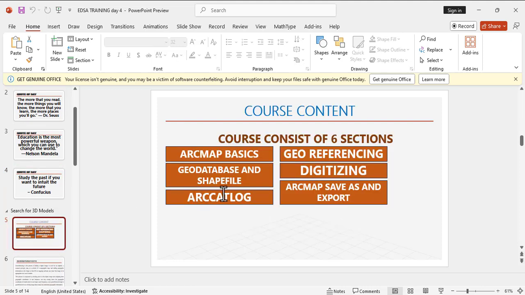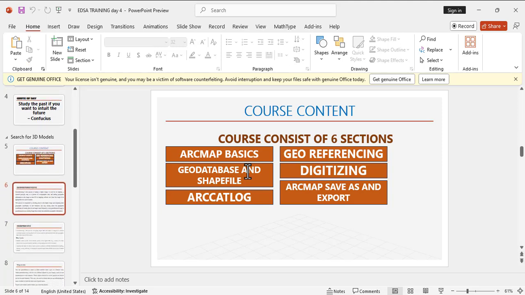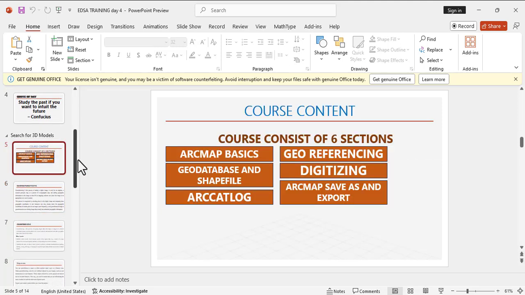So we've done ArcGIS basics, we've done geodata based on shapefile, and I believe most of you did the assignment I gave you and most didn't. So we are at georeferencing now. Let's see how far we can go. But before we get into the practical session, let's look at